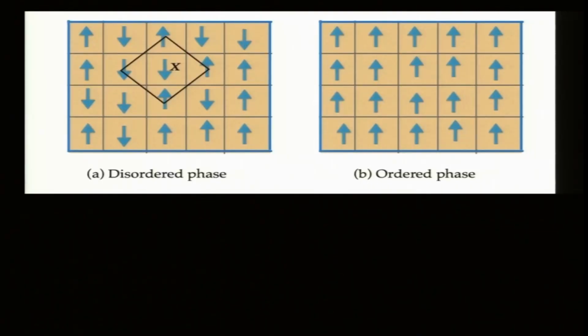Is it in some heat bath? So, it is in a heat bath, okay. Like you can think of a magnet, the Ising system is in this room. So, there is a temperature of the room. Now, these spins can be either all aligned in one direction, which is right now up. So, this is called ordered phase, or it could be all disordered, up down up down up down, and this is called disordered phase. Okay. It turns out if the temperature is cooled to some low temperature, then it does become ordered, and there is a critical temperature below which it remains ordered and above which it remains disordered.